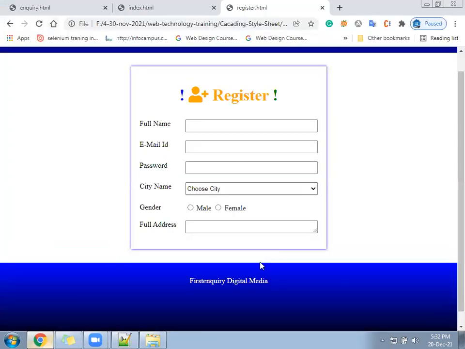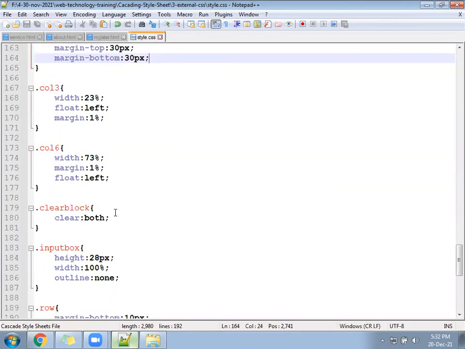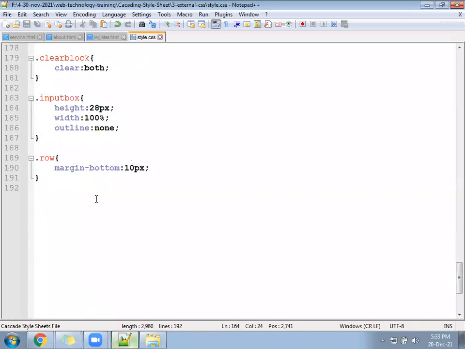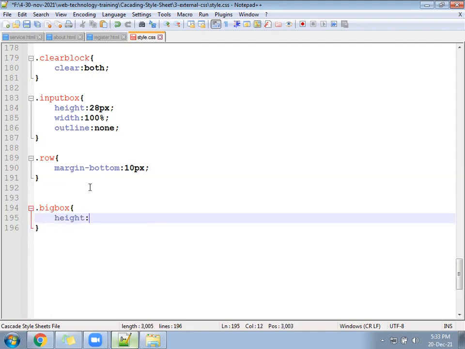See, space got applied. Now to increase the height of the text area, you have written a class called big box. So we can write a class here called big box, and there you can increase the height, 70 or 80 something. So it will increase the height of the text area.